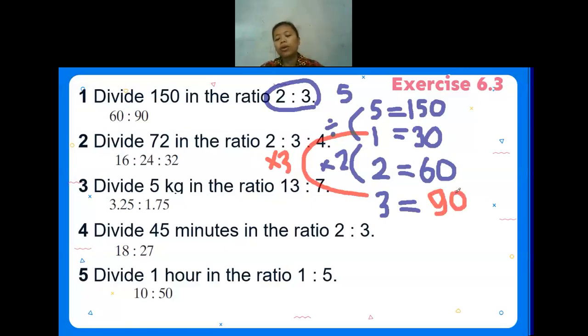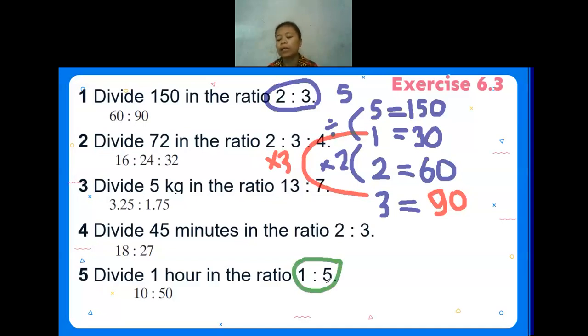So for those who already did the homework, is there anything from question 1 until question 5 that is confusing or needs more explanation? Hello? No, teacher. No, okay. So when you have to divide everything into the given ratio, the first thing you